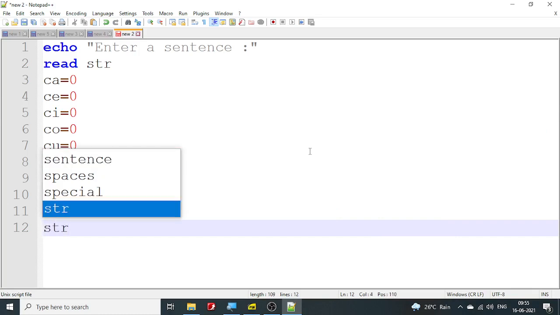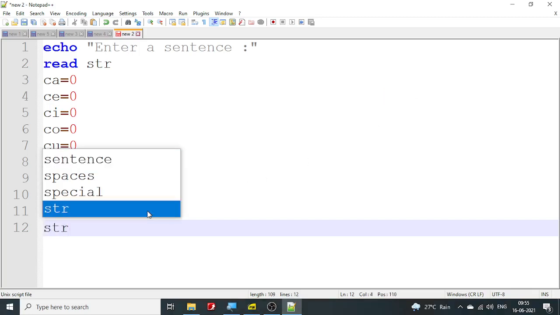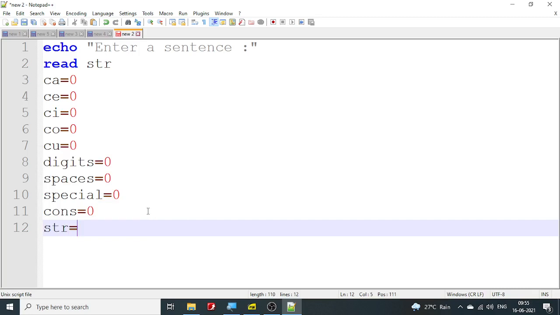Remember, this is what you will write in the C program: str is equal to upper of str. So this is what you will write in the C program. I will do it in a slightly different way. Just see what happens. The new string is equal to, again, to do anything we need to evaluate an expression,